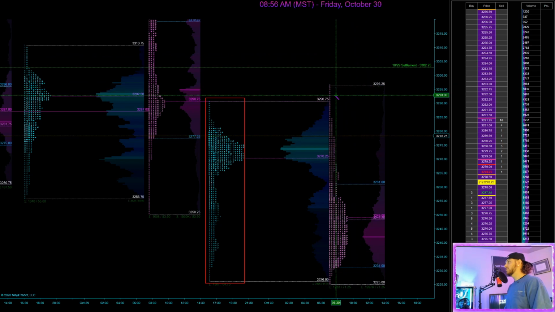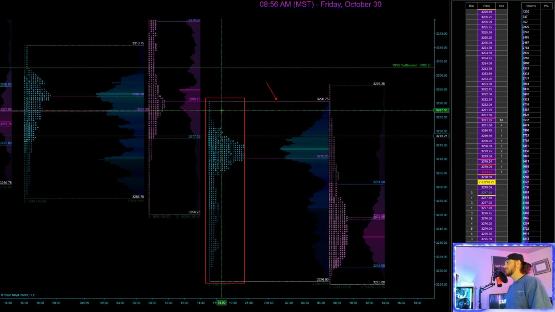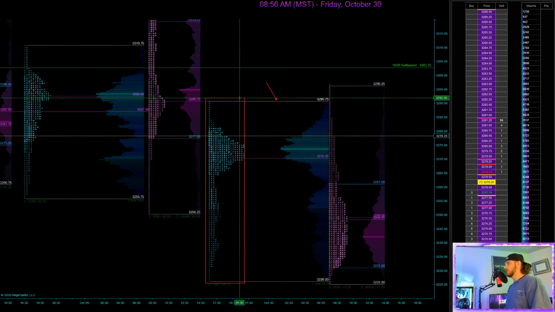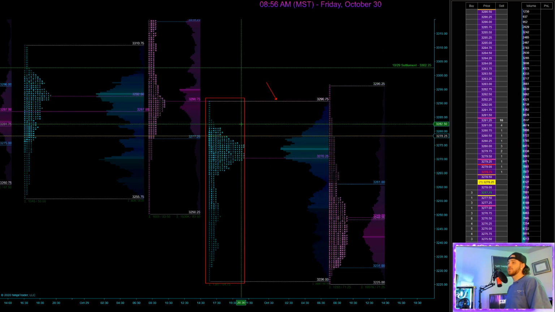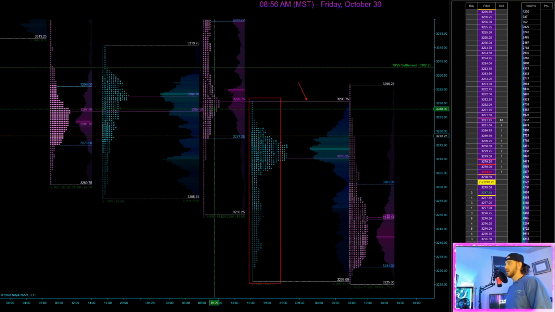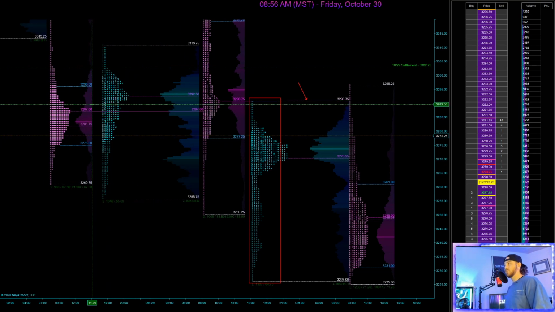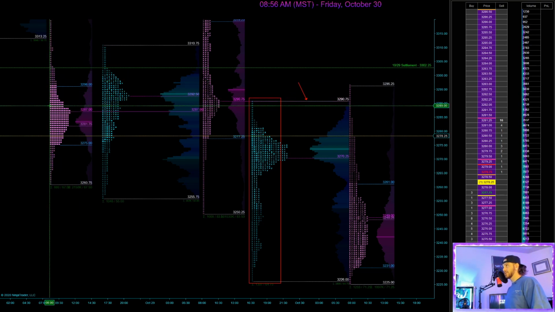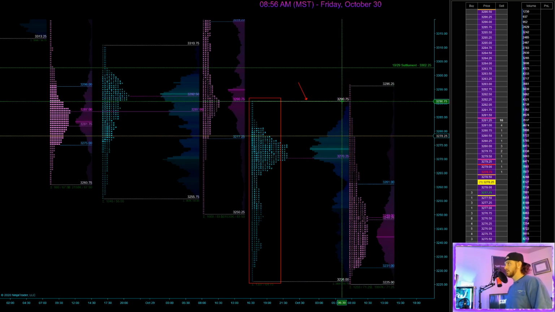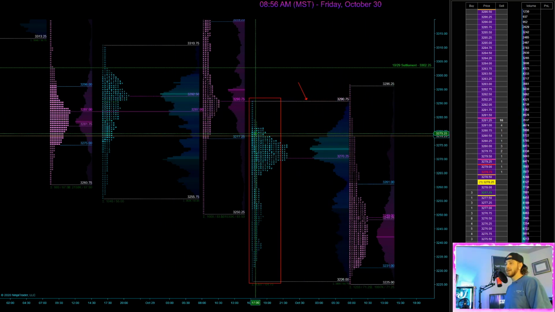So after price lost this level right here, we could not hold this as support. Once again, we peaked above, came back below. First downside target was 32.87. This was because this was at the time a naked point of control from the regular trading hour session of October 28th, and that is why it was my first downside target below the overnight high. Second downside target,